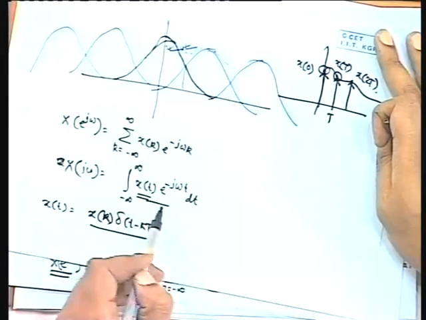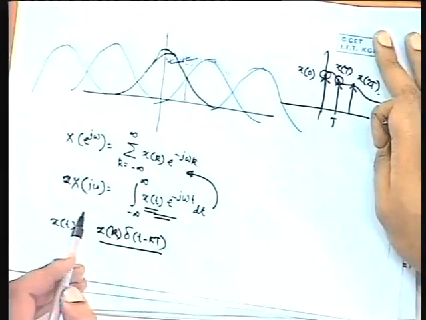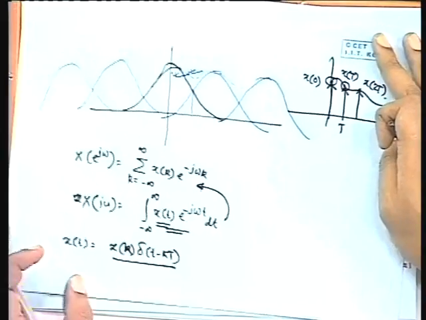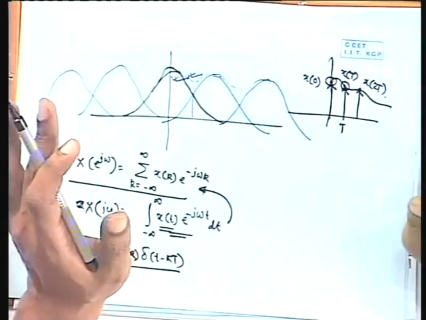Then if you now substitute this here, what will you get? You will get this. So you can say that the discrete Fourier transform is nothing but the original Fourier transform of a signal which can be imagined as an impulse train, a train of impulses, one here, one here, one here. The strength of each impulse will correspond to the value of the sample. So a signal is now replicated, or rather substituted, by an impulse train.